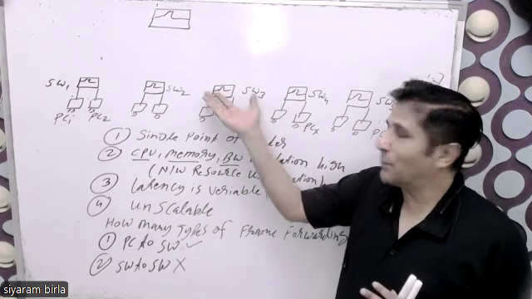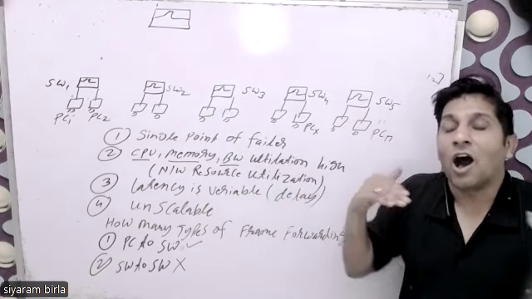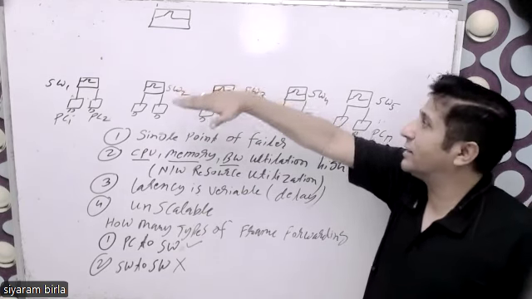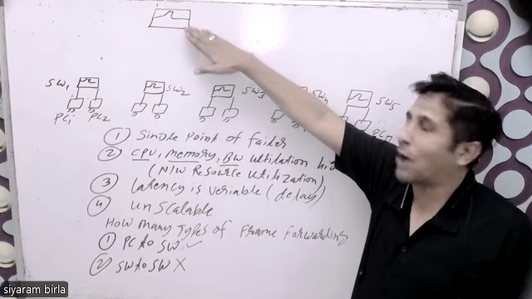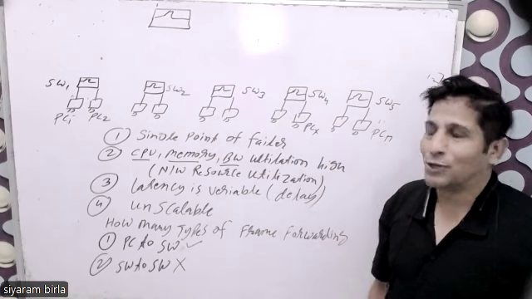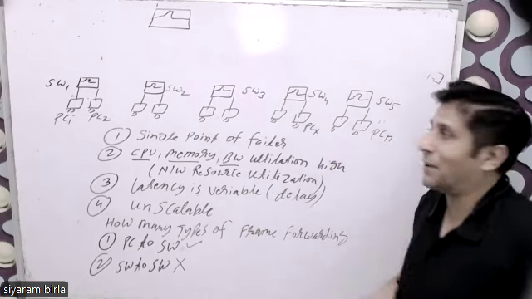So as compared to these switches, this switch has a lot of horsepower, meaning efficiency in terms of CPU and memory, everything. This switch has a lot of CPU and memory. Its horsepower is very good. And these switches have minimum horsepower. So this centralized switch is the high horsepower one, and I will connect all the switches to this centralized switch.